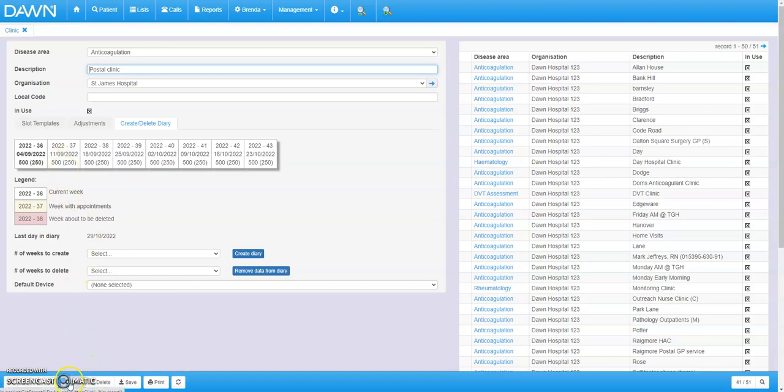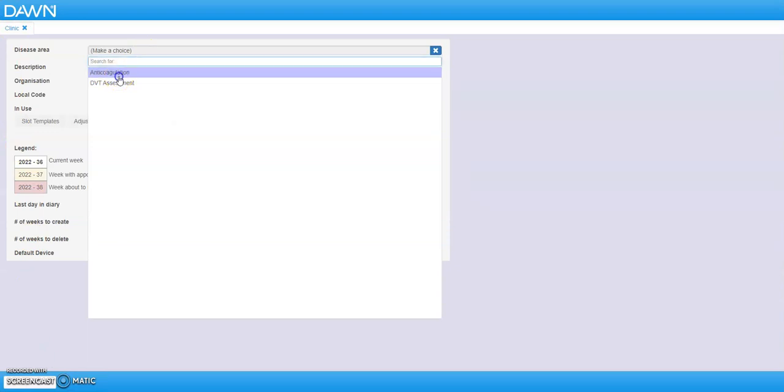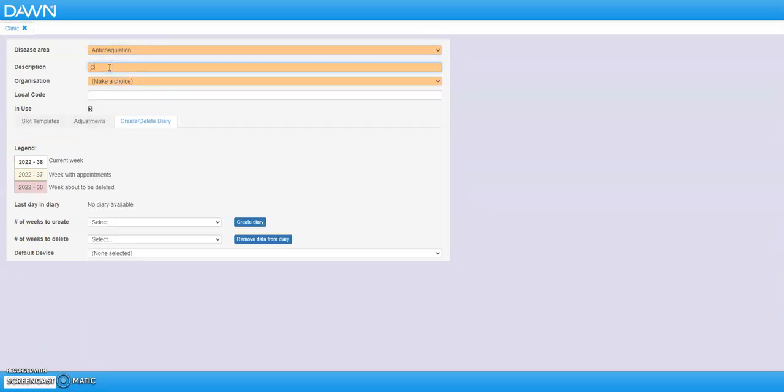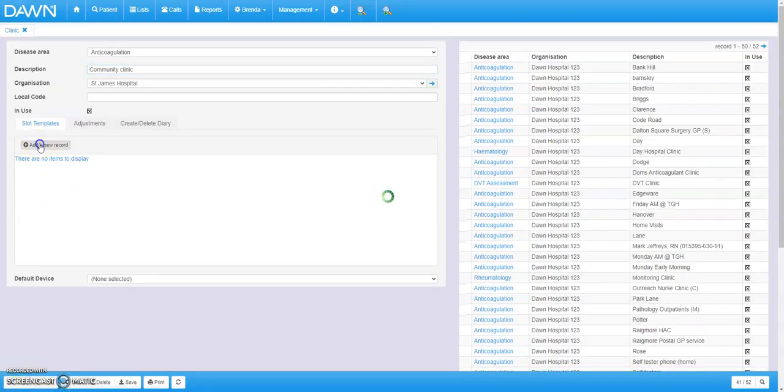So I'm now going to take you through adding a new clinic with appointment times. Again, I select the disease area, give it a description, and the organisation it belongs to. And again, I could put in a local code. The next thing I do is go back to slot templates, I save the record, and I add a new